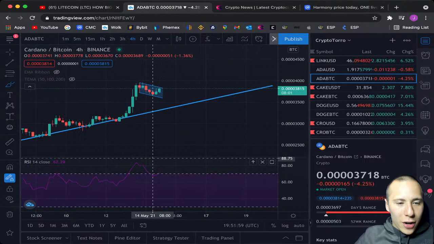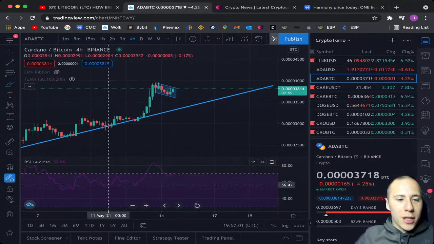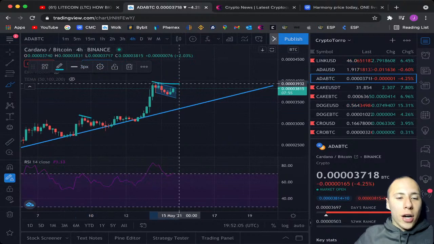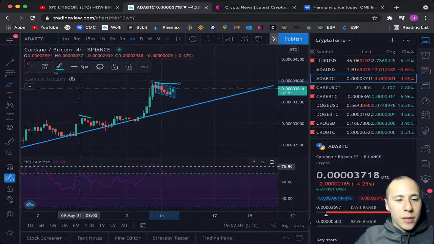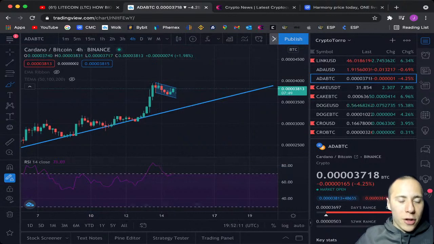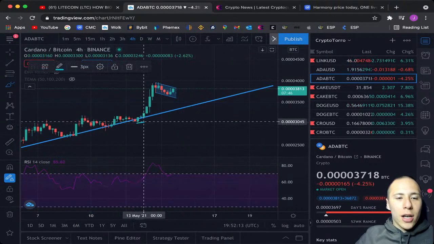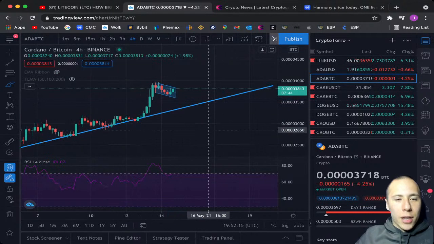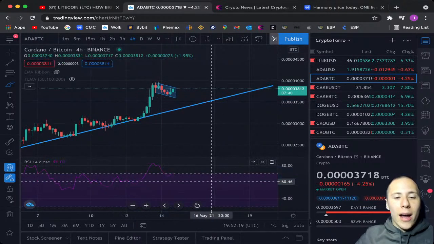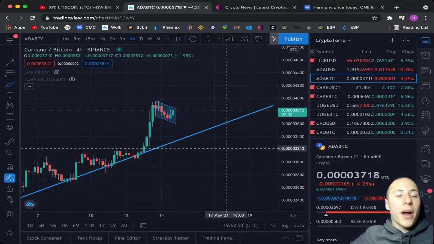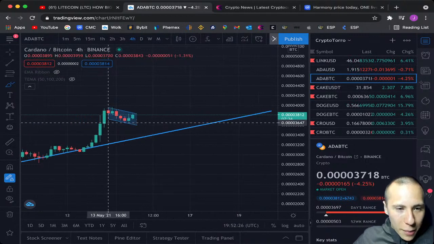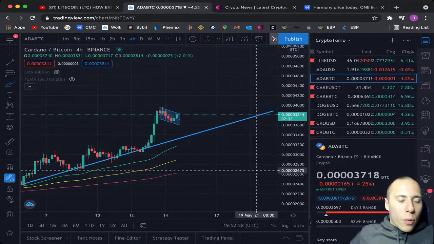And what we're seeing here is nothing very special, because we are seeing higher highs being created on the chart. We are seeing higher highs being created on the RSI, so we are not spotting any type of bullish divergence, and we are seeing higher lows as well being created on the chart, but as well higher lows being created on the RSI. So we are not seeing any type of bullish or bearish divergence for the current moment, and that's just what I'm looking at right now with the RSI.